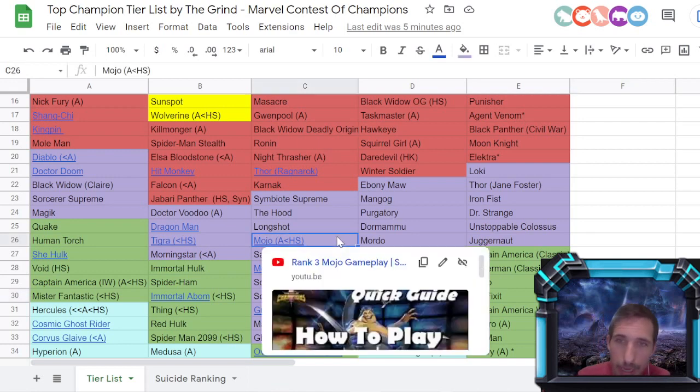Mojo, I don't know if I'm wanting to promote Mojo just because I've been playing mine a lot more lately since I took mine to rank 3. But Mojo has a lot of versatility and utility as well as sustainability. And Mojo has a synergy that when you put Mojo on the team, it doesn't have to have any synergy partner. Just having Mojo on the team gives everyone else increased power gain, combat power gain, which is really nice,